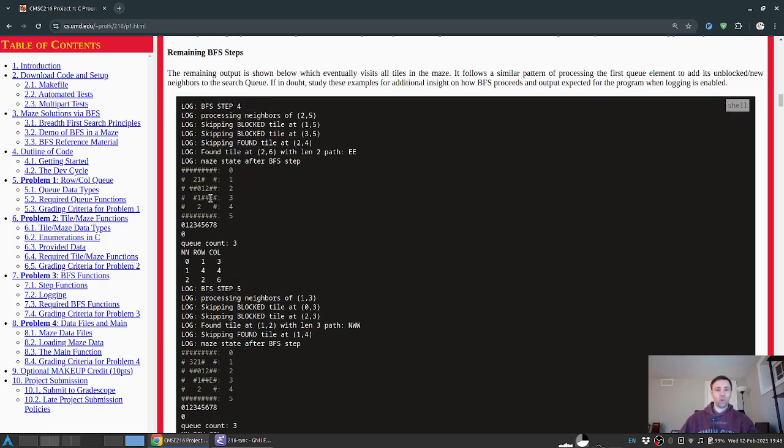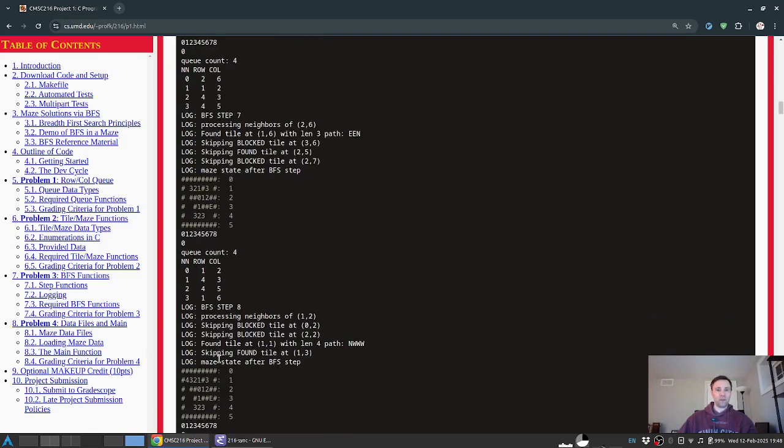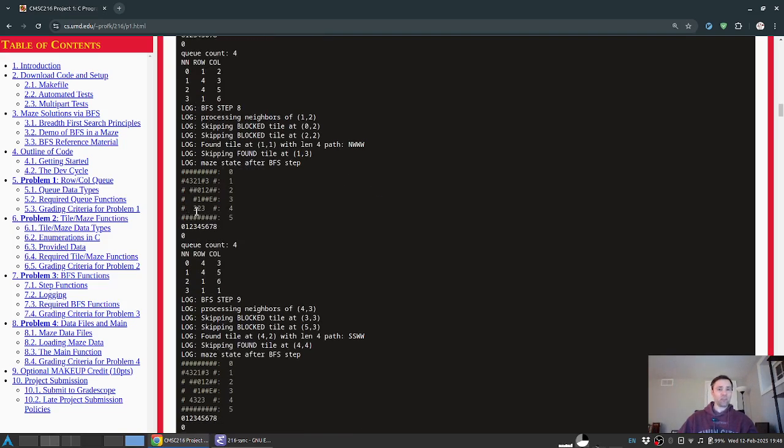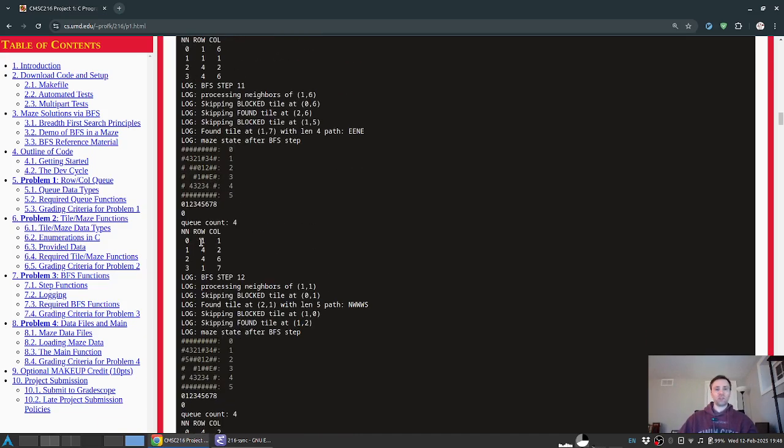And so when this end tile is discovered, it'll be, by guarantee of the algorithm, the shortest path that can be derived, with ties broken by this ordering of north, south, west, east as the direction of order there. We'll implement a variant of this breadth first search wherein you visit all the tiles. So you completely fill in this maze in this stateful representation here with what's the search length path,